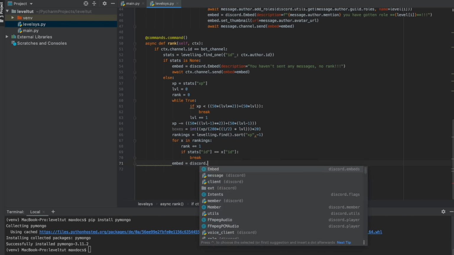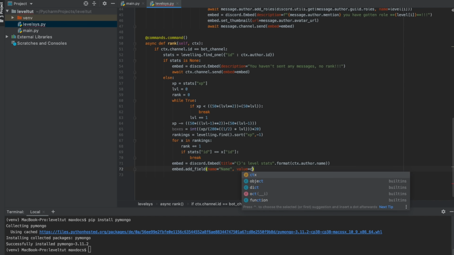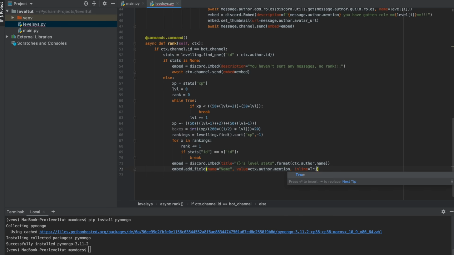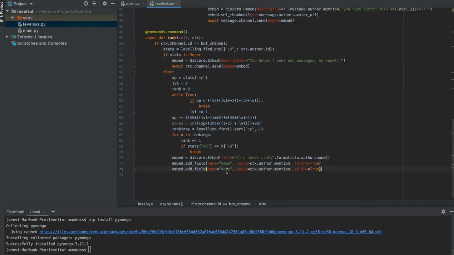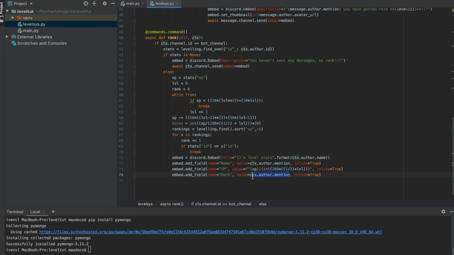So embed equals discord.Embed, title equals levelstats.format(ctx.author.name), and then we need to add some fields with some information. So embed.add_field, name equals name, value equals ctx.author.mention, and inline equals true. And then we need to copy this, and we'll use this for the XP. So name is XP and value is xp, int(200 * ((1/2) * level)). Copy and paste this again and we'll add rank. So name is rank and value is